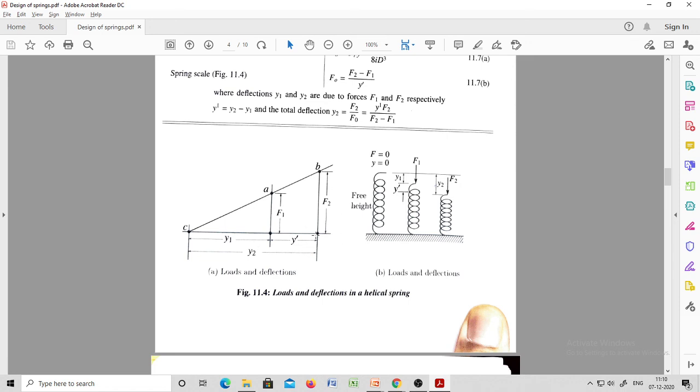Can you find y2 based on this triangle? F2 equal to 540, F1 equal to 360, y dash equal to 10 mm. You need to find out y2. Can you get it? Otherwise, just note down the equation here. To find out total deflection, you can use this equation.